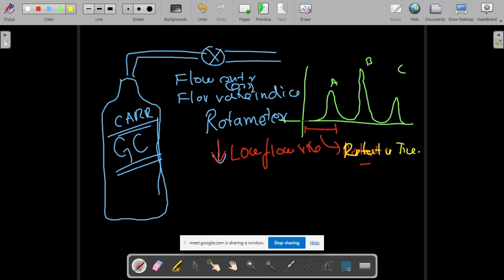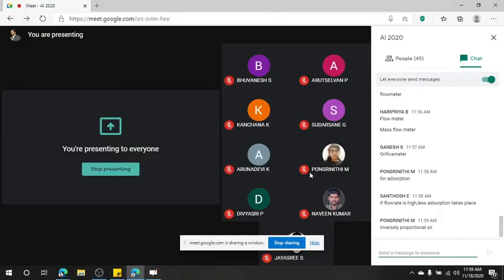Okay, so A has a less retention time, so it came fast. B has comparatively more retention time, so B came second. C has highest retention time, so it came last. So this factor is a retention time: from the time the fluid enters into the column till it comes to the detector. So that is called retention time. Now for a low flow rate, what happens? If the flow rate is high, less adsorption takes place. Good. Santosh has given the correct answer.